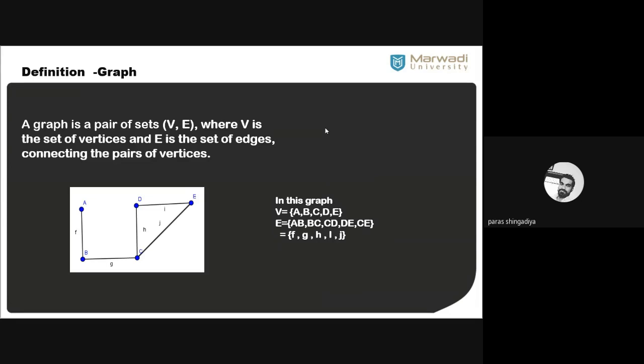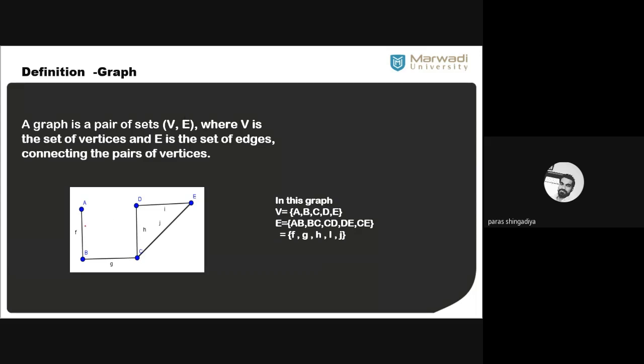So which data is required to create a graph? What data is required in which the connectivity of any object is defined? So a graph is a pair of sets V and E, where V is a set of vertices and E is a set of edges connecting the pairs of vertices. Two objects are required to create any graph, to create a connectivity between the vertices. One is a set of vertices, a set of objects, and the other is the link between the objects, meaning a connectivity between the objects. Okay, and that is called the edges.